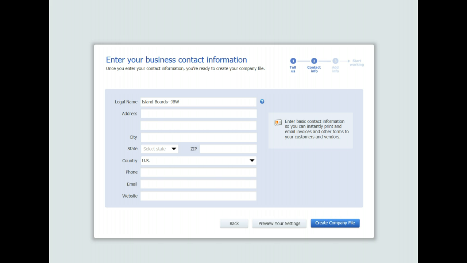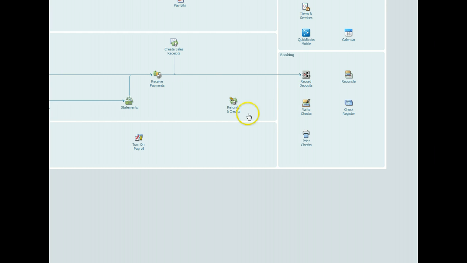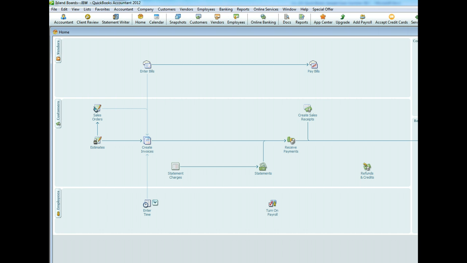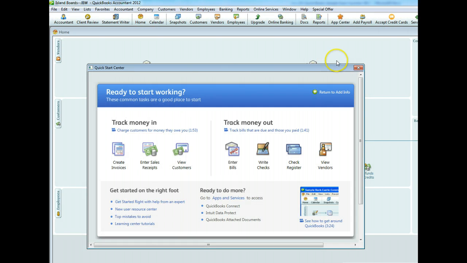Create the file, and I'll pause while this works. Okay, and now we see the start working screen, which will take us to our home screen here eventually. Okay, and here we go. So now we need to set up our taxes and our inventory. So we'll close